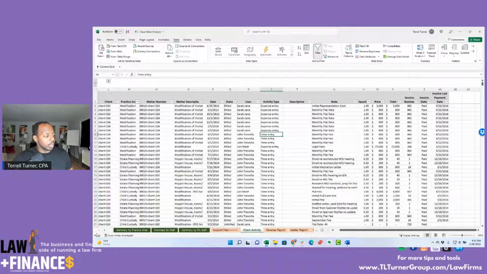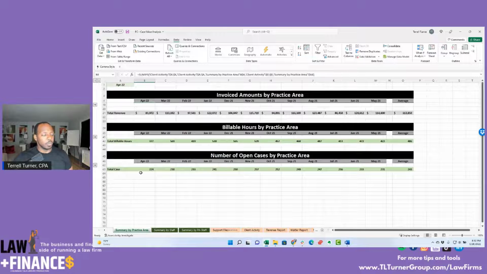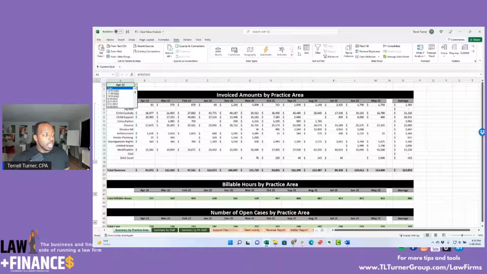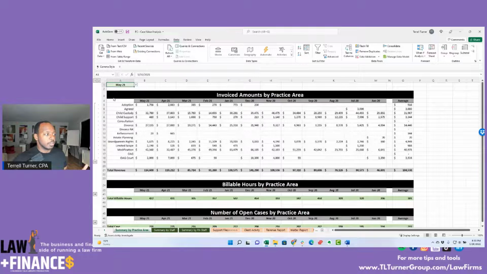But with this case value analysis that we do, we took that 10 years worth of data and we were able to break it down to where we can see, all right, by practice area, we could tell this firm, here's what your revenue looks like by practice area based on all of your data. And we built this so that if they wanted to look at just the last 12 months, or go further back in time,